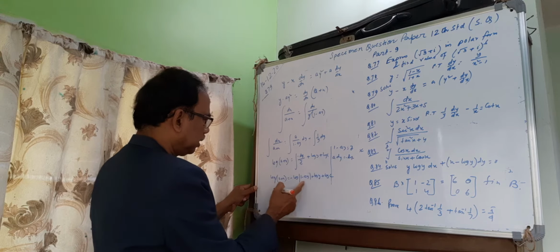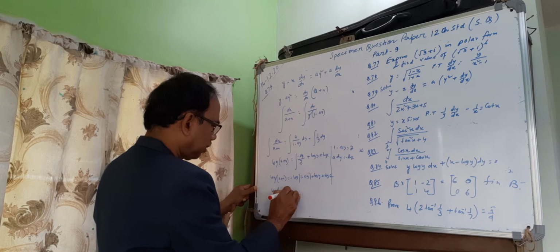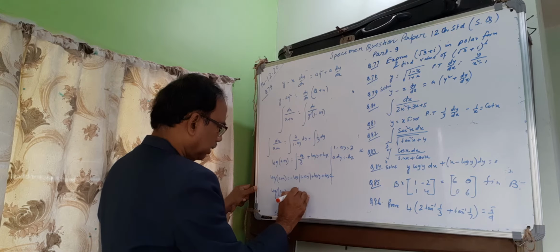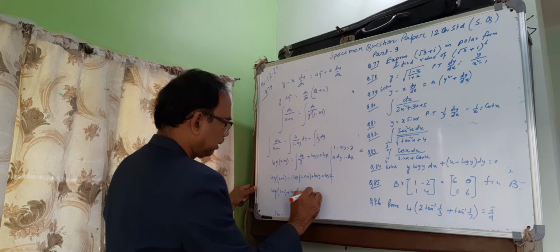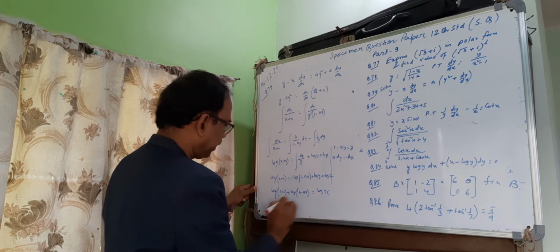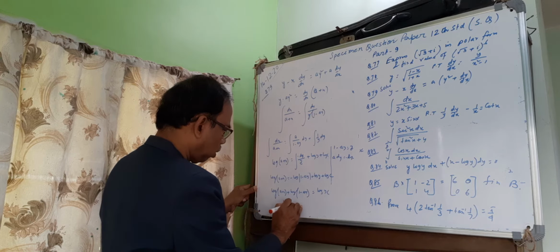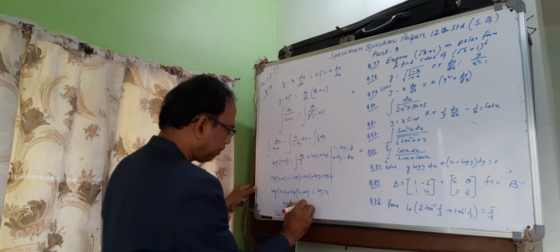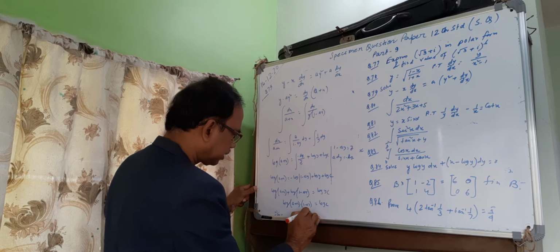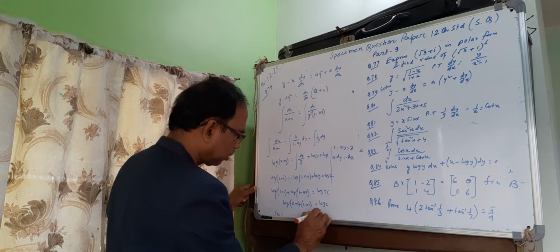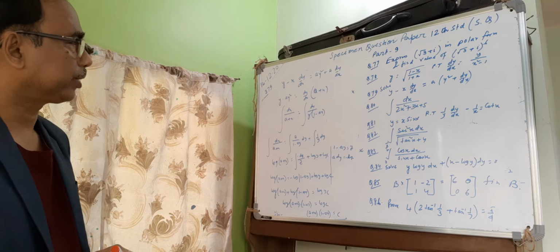While log c is a constant, this comes to the left. Log (a + x) plus log (1 − ay) equals log yc. That is log of (a + x)(1 − ay) equals log c. Removing log on both sides, (a + x)(1 − ay) equals c. That is the solution of the given differential equation.